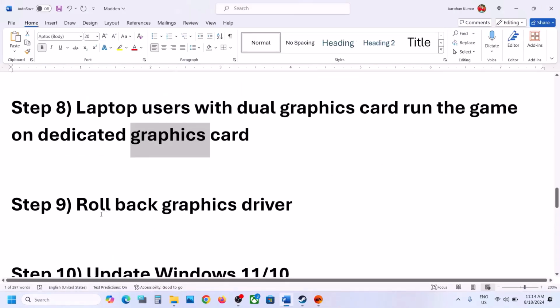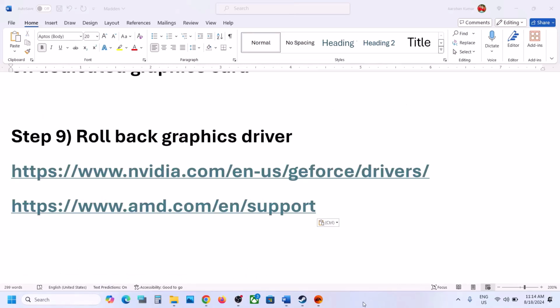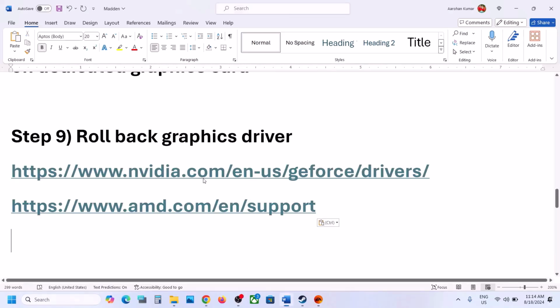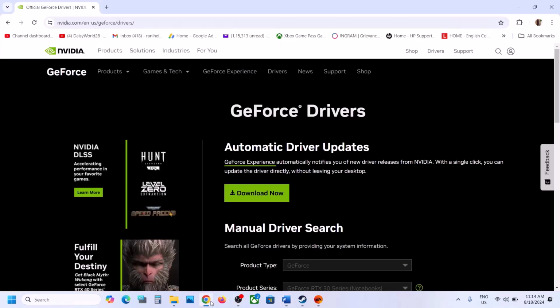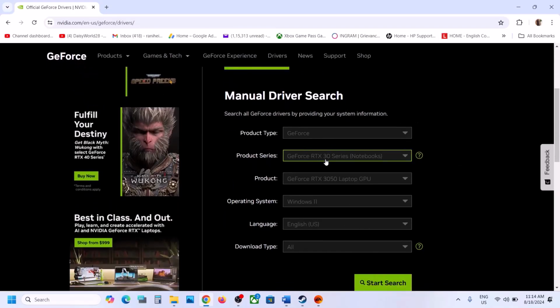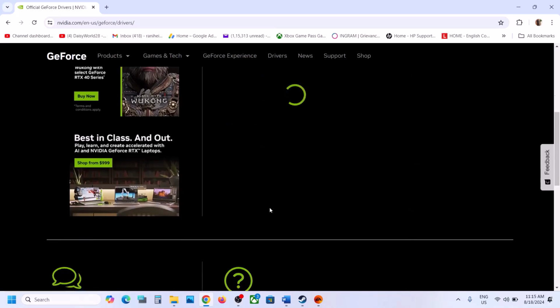Next step is to roll back graphics driver. So if you have NVIDIA card, go to NVIDIA website. I'll also show for AMD. So once you go to the NVIDIA website, select your graphic card from the list, select the right operating system, click on start search,